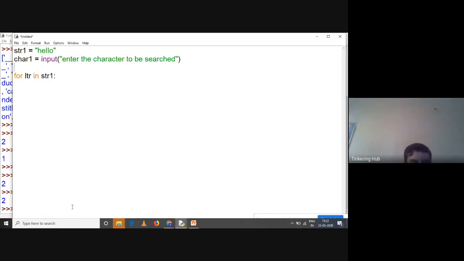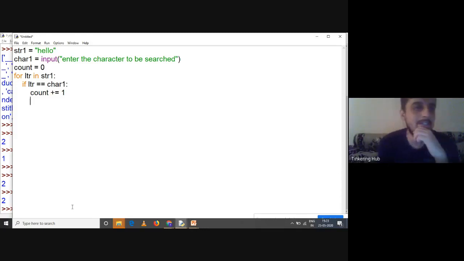let me take one variable over here, which is my counter variable. Count is equal to 0. For letter in str1, if letter is equal to char1, what do we have to do? We have to increment count by 1. Count is equal to count plus 1, right? This is a shorthand operator. We have already seen this, so this is just a revision. So we are revising 3 concepts over here: we are taking input and output, we are using a for loop, and we are using a conditional statement, right? And once we are done with this,